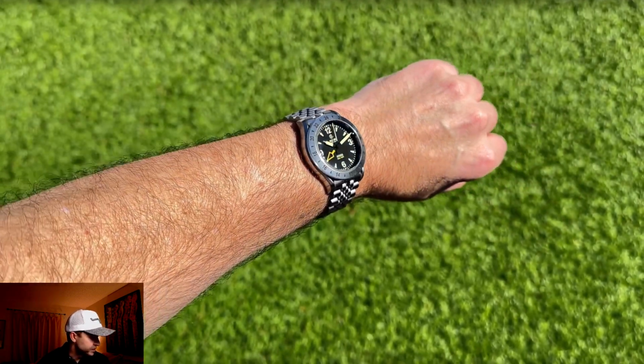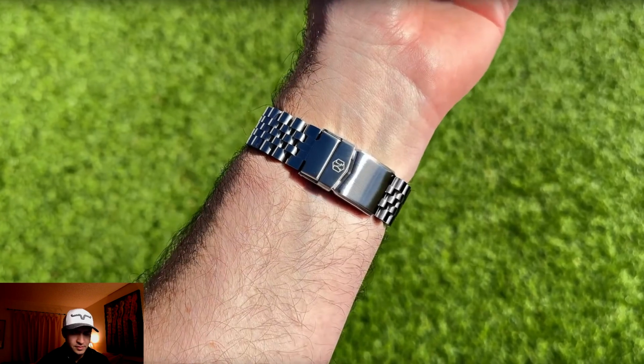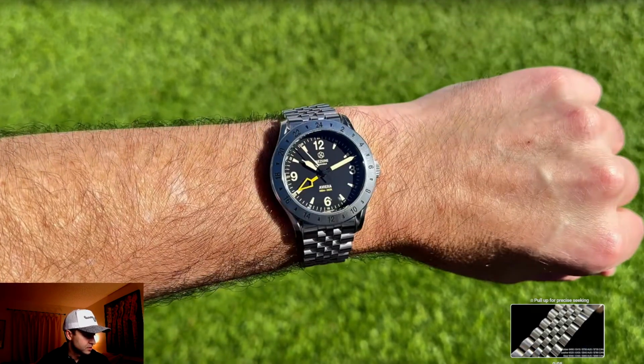Oh wait, I wasn't even paying attention. But they do show the price. Traveller GMT watches,